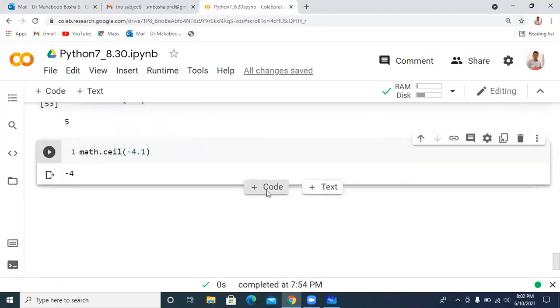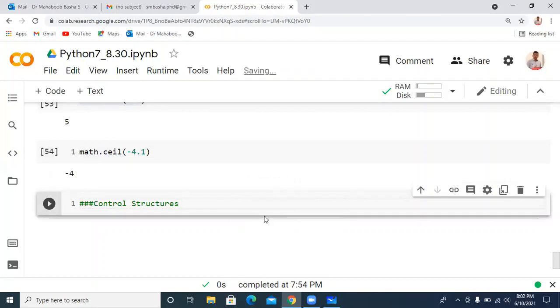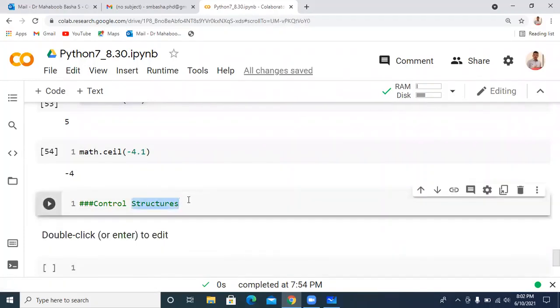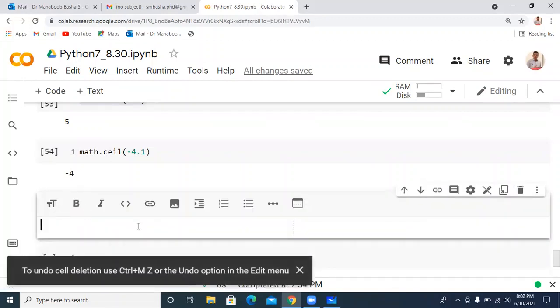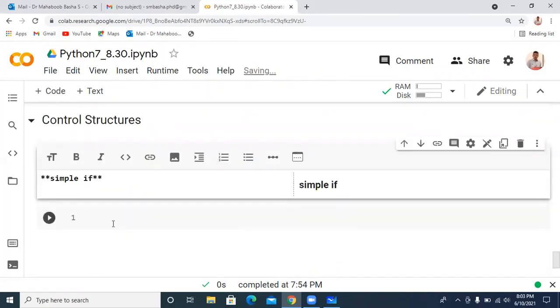So first we'll write some heading here. The heading is control structures. So in the control structures, first we are learning about if. I'm taking control structures, within that, I'm using if. So simple if is one thing I have to use. So if I use simple if here, I can take